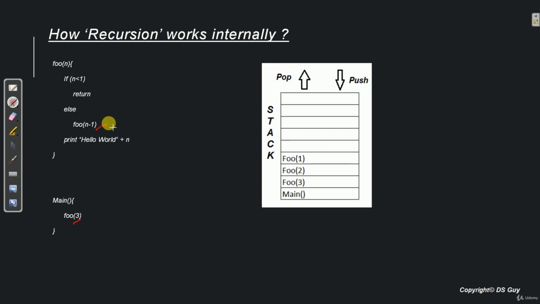Every time it was calling itself recursively, all the system was doing was storing the current method with the current values in the stack so that it can know from where exactly it needs to resume the execution of that method once the downstream method's execution is done.